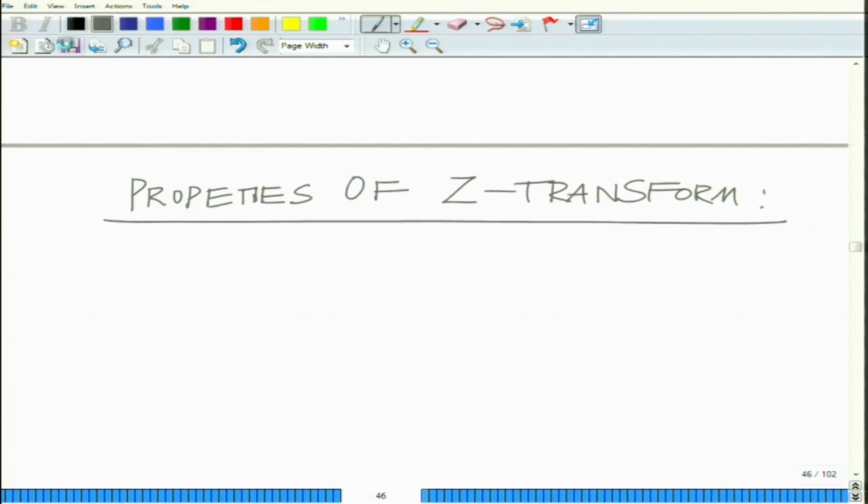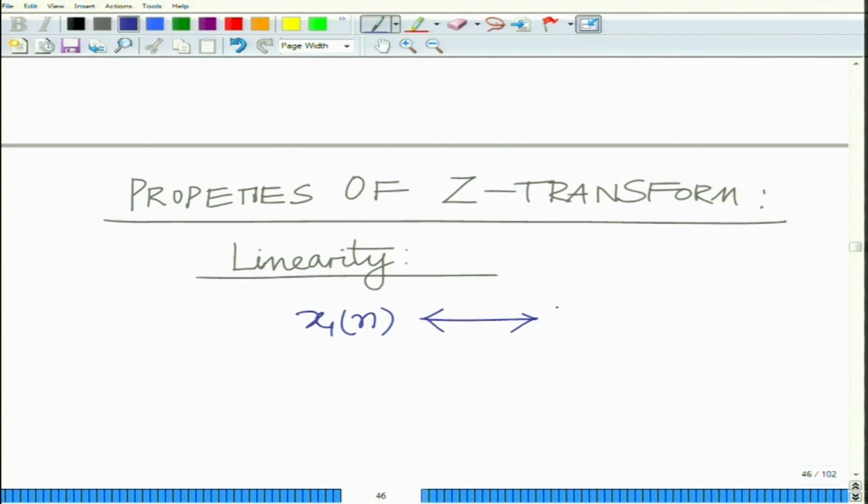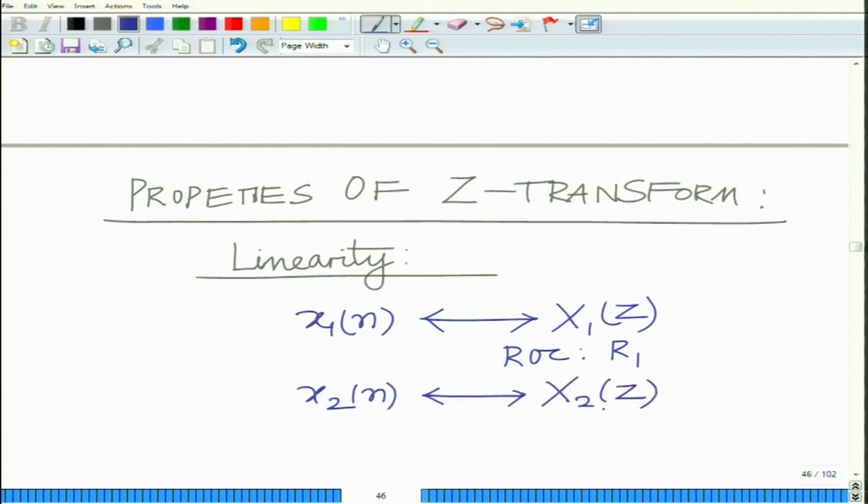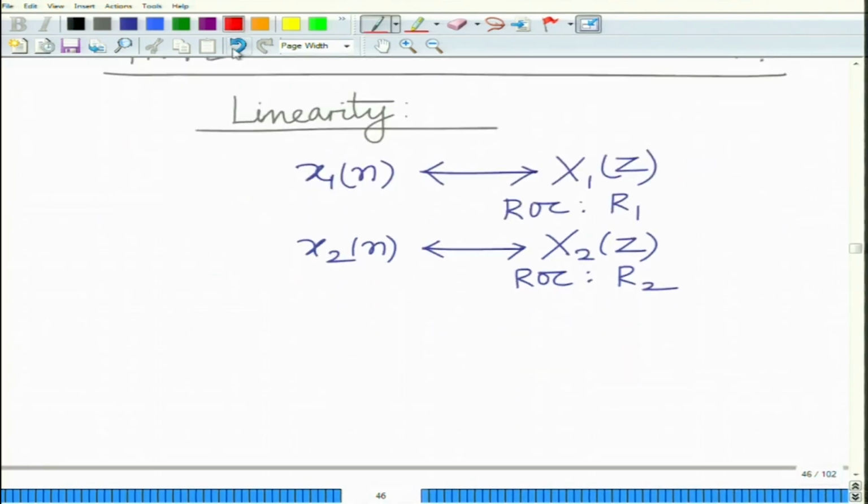Properties of the z transform. Now, the first property is termed the linearity, that is, the z transform is a linear transform, which means to say that, similar to the Laplace transform, if x1 n has z transform x1 z and ROC is R1, and x2 n has z transform x2 z, ROC is R2, then this implies that